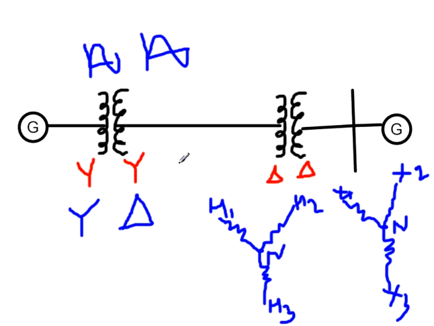But if it is connected in star-delta or delta-star, in an actual real power system, star-delta will be considered for step up transformers and delta-star for step down transformers. When you connect it star-delta or delta-star, there is a phase shift between the phase voltages.